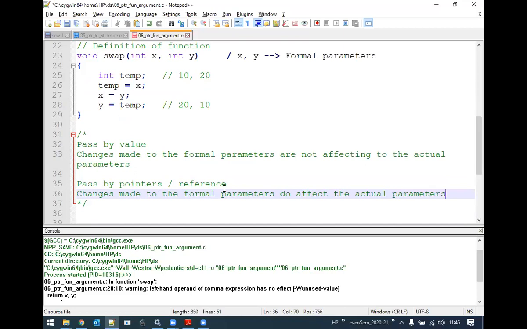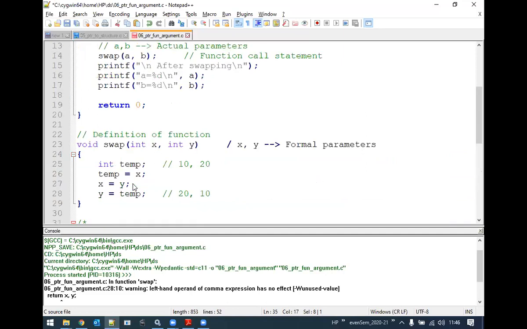Means whatever changes we perform to the formal parameters will get reflected in the actual parameters, and that can be achieved not by pass by value, but rather by passing the pointers. Pointers means what? The address of those variables.